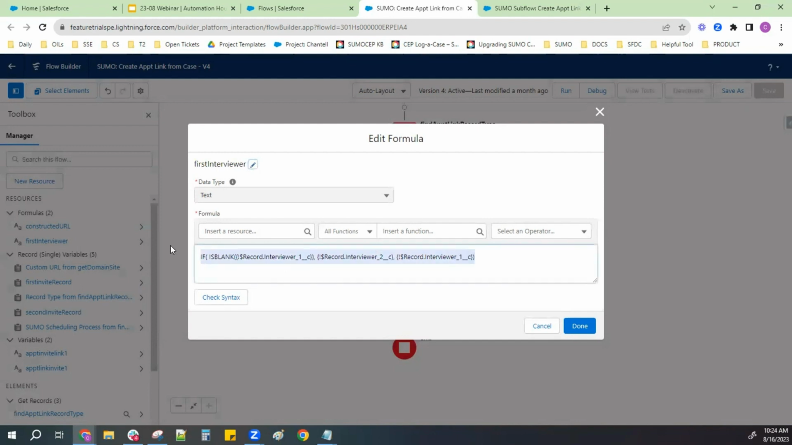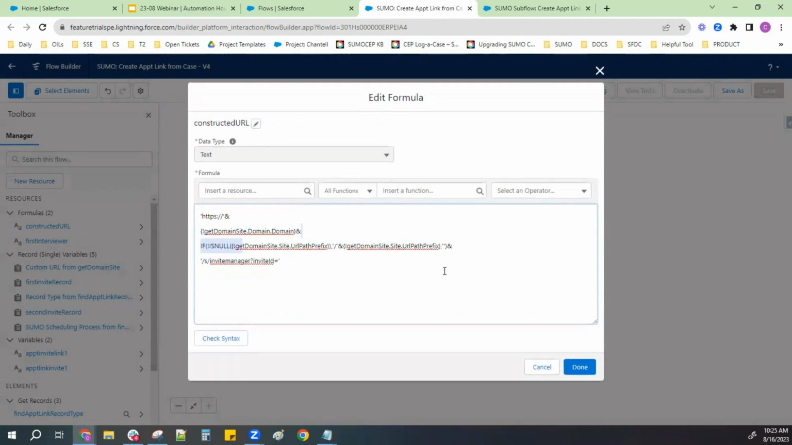And he said they shouldn't, but I mean, human error happens and it's possible. So what we did here to determine interviewer 1 was to look at both fields, see if interviewer 1 is blank, and then interviewer 2 is, give me interviewer 2. If interviewer 1 and 2 are populated, then give me interviewer 1 as the first interviewer, to get around that. Constructing the URL, we needed to just create a formula, make it text, because this domain site ID